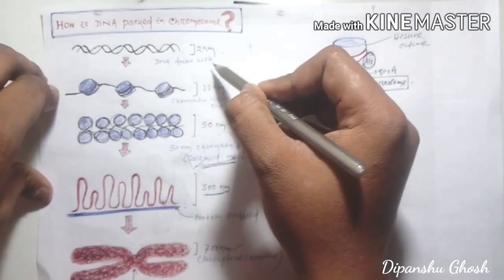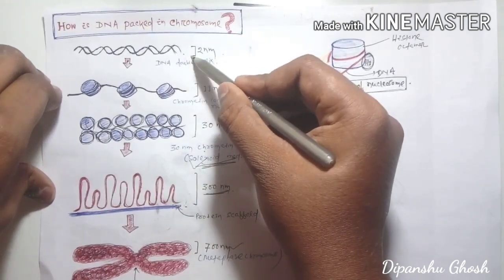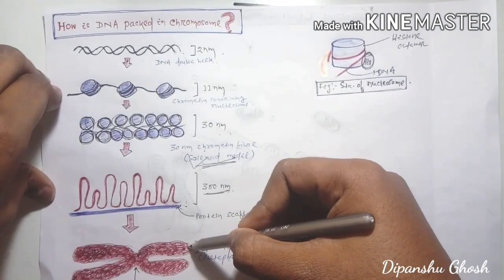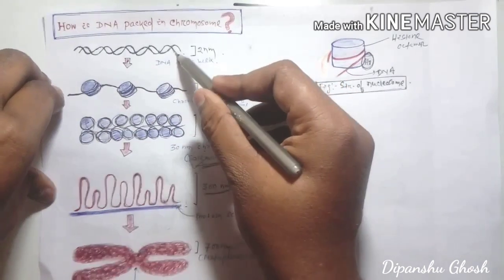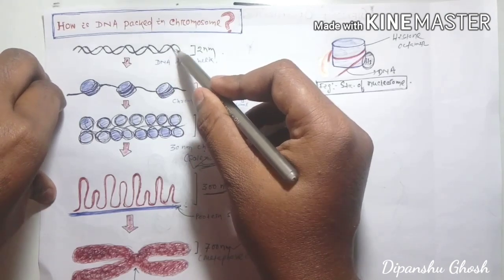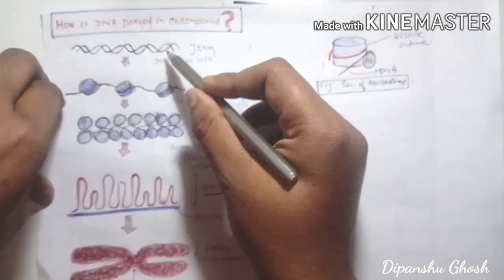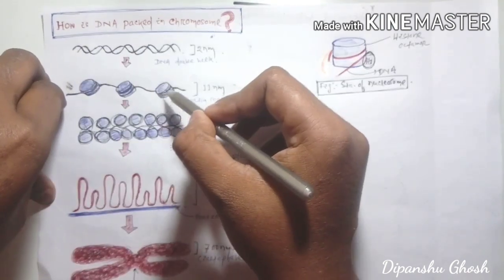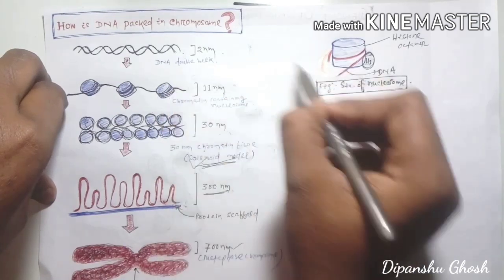We are having the aim that we have to condense the DNA, we have to fit this DNA into this chromosome, right? So first of all, what we need to do is to coil the DNA, right? So first we need to coil the 2 nanometer width DNA. First of all, we will use histone protein. So histone protein will give some surface to the DNA. Now DNA will come and will wind around it to form a nucleosome like structure.